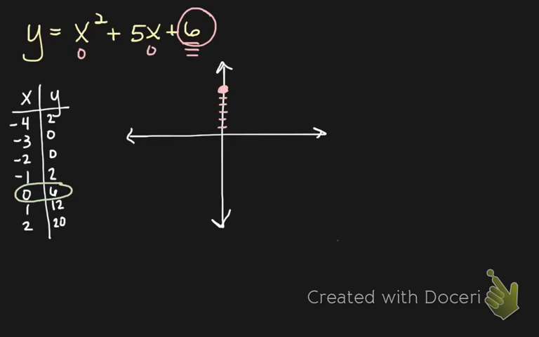Now, if we want to graph the full thing, we're going to have to rely on creating that table. So we can create the table. We can go ahead and graph the other coordinate points that we were able to locate. So we have -4, 2, -3, 0, -2, 0, -1, 2 as well. And then because we have this reflection, we're also going to have that coordinate point -5, 6, if we wanted to go ahead and plot that.